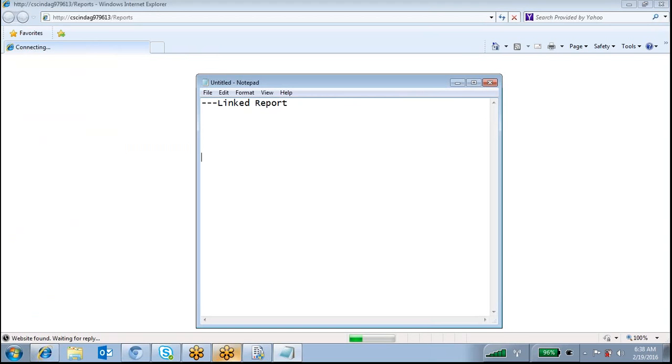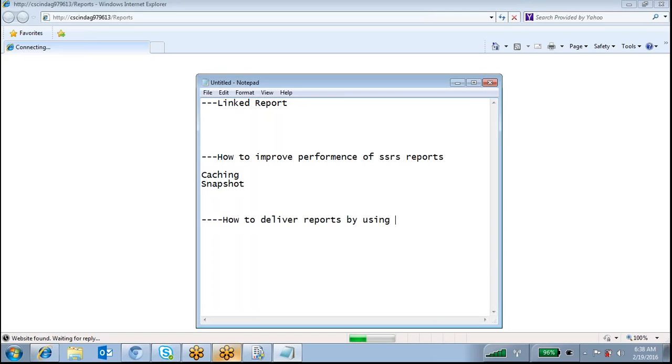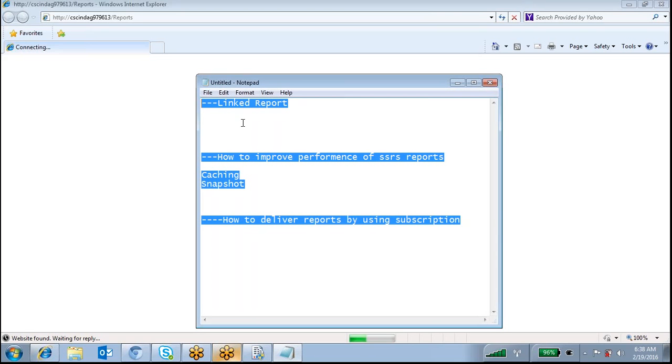And how to improve the performance of these SSRS reports by using caching and snapshot, and how to deliver the reports by using subscriptions. Okay, so these are the things we are going to discuss.